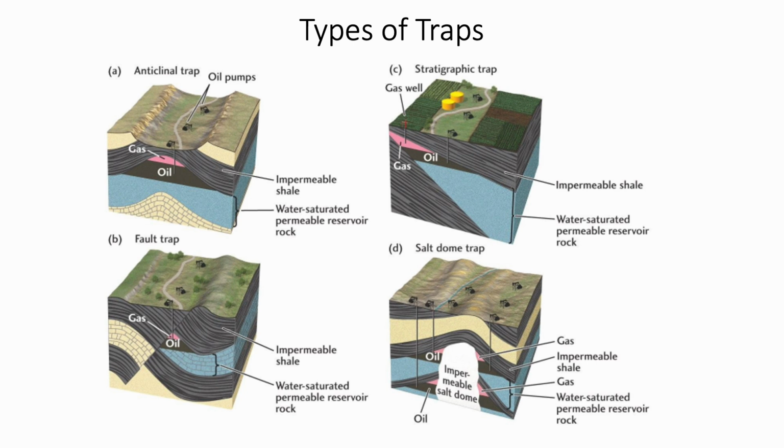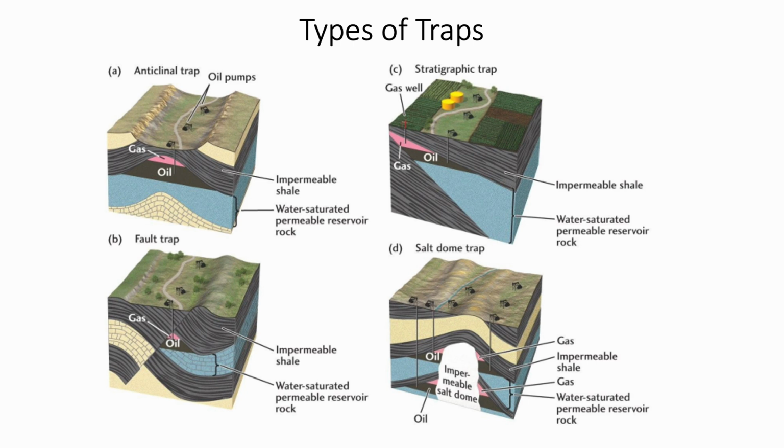Hydrocarbons are trapped in subsurface rock formations due to different geological structures. There are four main types of trap that prevent oil and gas from escaping. First, we have the anticlinal trap. It forms when rock layers fold upward, creating a dome-like structure. Oil and gas migrate to the highest point and get sealed beneath impermeable shale. This is one of the most common and productive traps. Next is the fault trap. Caused by rock displacement along a fault line, the movement blocks hydrocarbon migration, trapping oil and gas against the impermeable